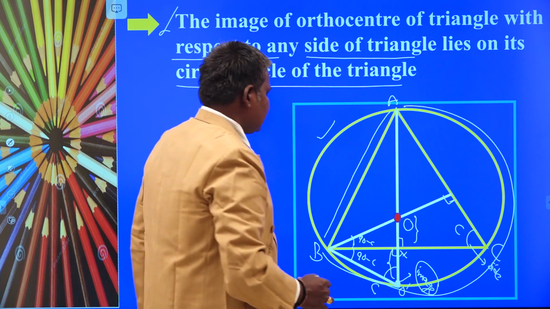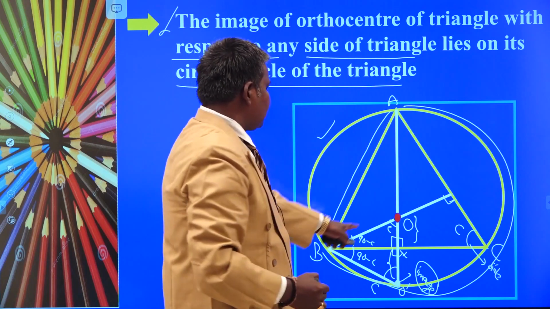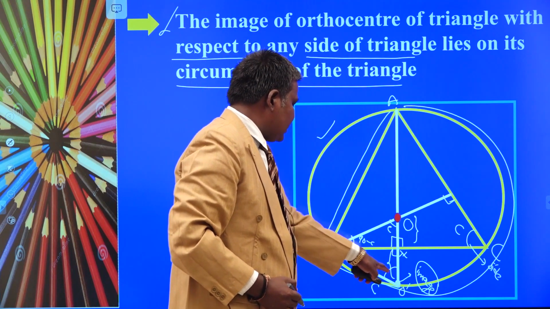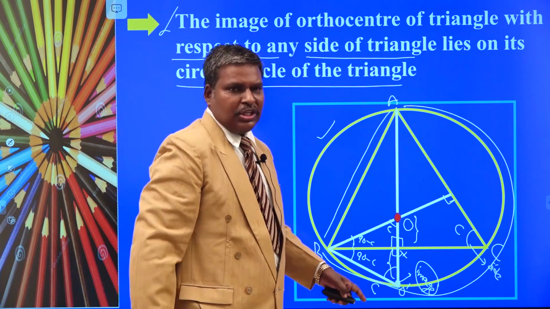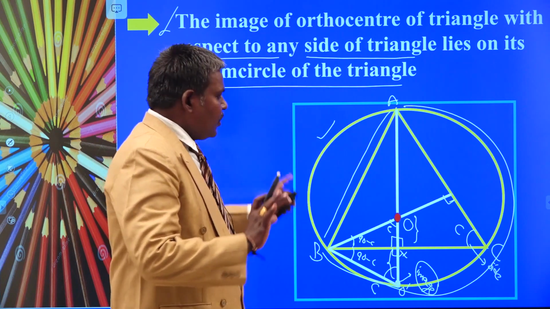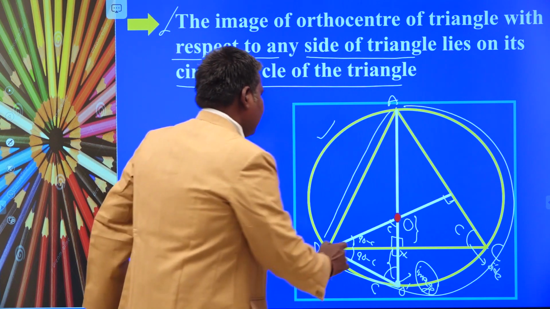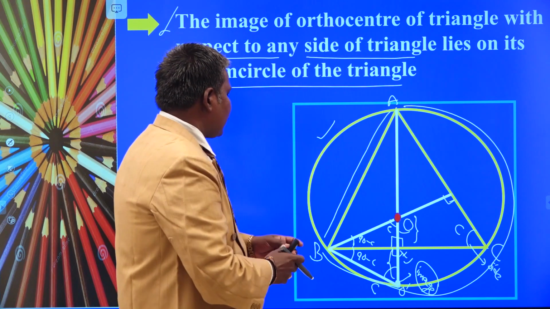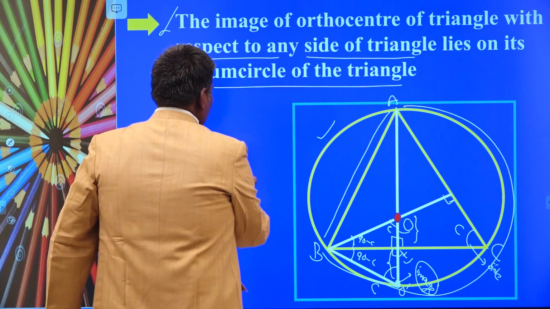Why are we doing all these things? This is 90 degrees. This is also C. See these two triangles: 90 minus C, 90, C, and 90, C, 90 minus C. So these two are congruent triangles, or not? Yes, these two are congruent triangles. When these two triangles are congruent to each other, immediately these two lengths are equal, or not? Yes, these two lengths are equal. That is why XC is equal to XO, which equals XO dash.